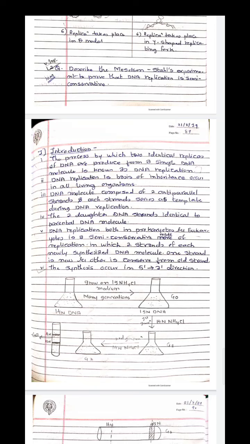The process by which two identical replicas of DNA are produced from a single DNA molecule is known as DNA replication. एक DNA मॉलिक्यूल से दो DNA मॉलिक्यूल्स प्रोड्यूस होते हैं, उसे हम DNA replication बोलते हैं. So this DNA replication is the basis of inheritance in all living organisms. तो DNA replication, जो inheritance है, that is